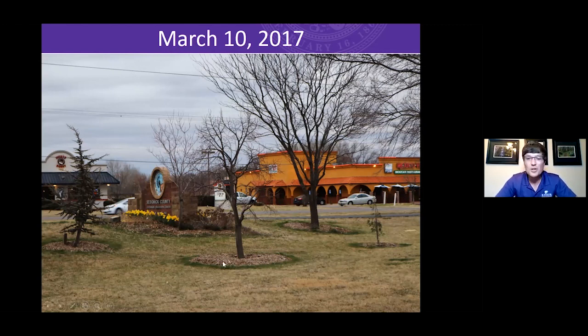And by March, you could already see the areas where we had fertilized around the tree, because the grass in those areas was able to take advantage of that fall fertilization. And so you can see all the brown areas that haven't greened up yet because they were not fall fertilized. So you really can tell the difference in this photo and in a lot of scenarios when you apply those